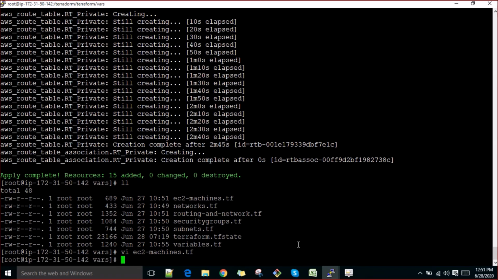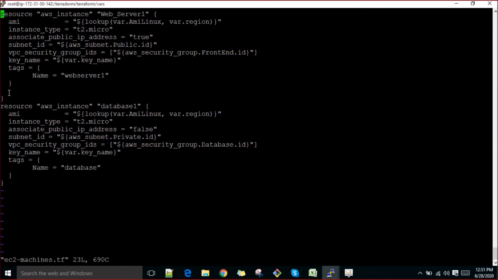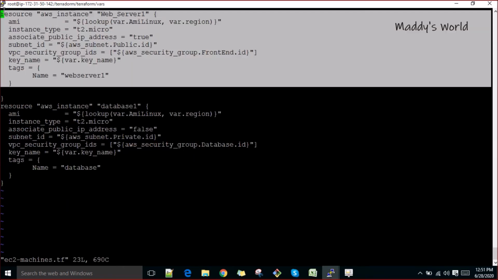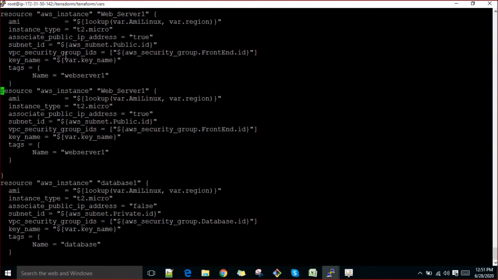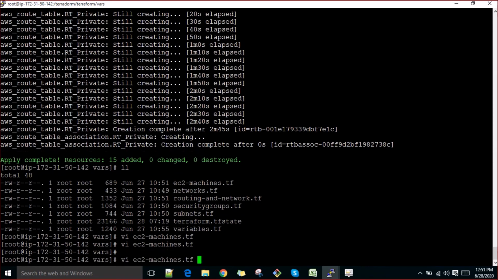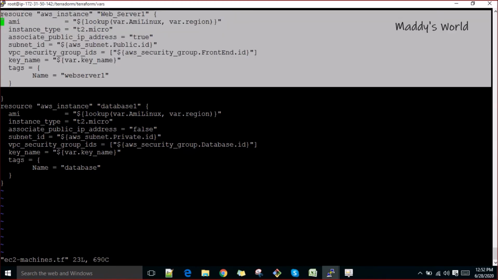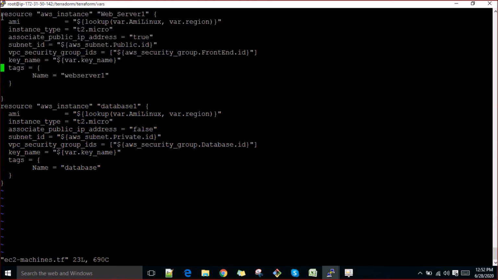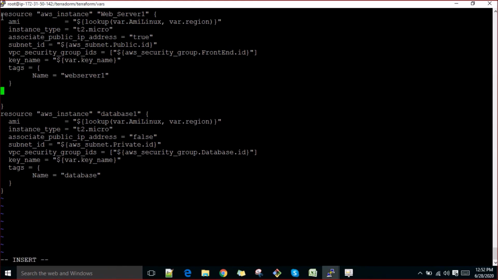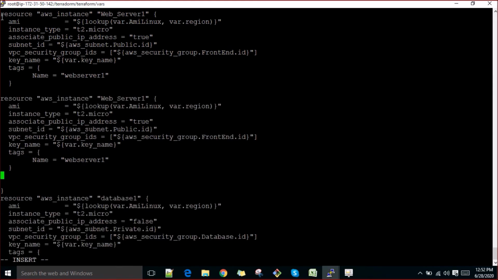Even if you want to add one more block where you would like to create some more instances, let me copy this, let me insert it here. Let me change it to 2.